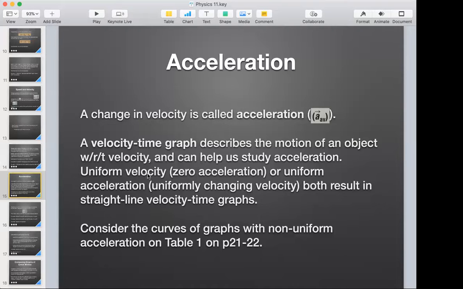Uniform velocity means it's going to be a straight line. You will see, and you don't have to write this down right now, that from a velocity time graph, slope is what gives you acceleration. From a displacement time graph, slope gives you velocity. Uniform means it's going to be a straight line. If it's zero acceleration, it's going to be horizontal. On an acceleration time graph, it'll be horizontal. Anyways, I don't need to keep saying this stuff. I'll just show you the